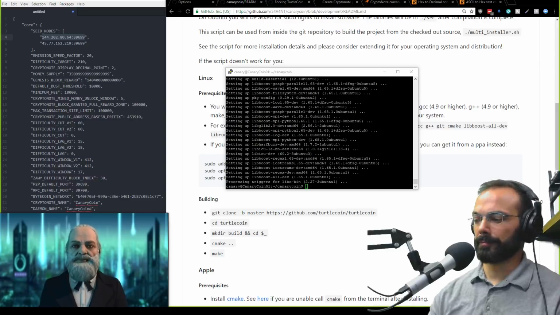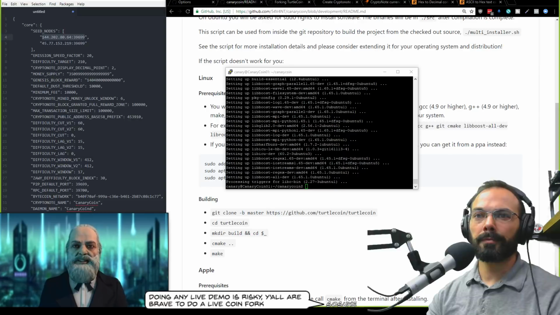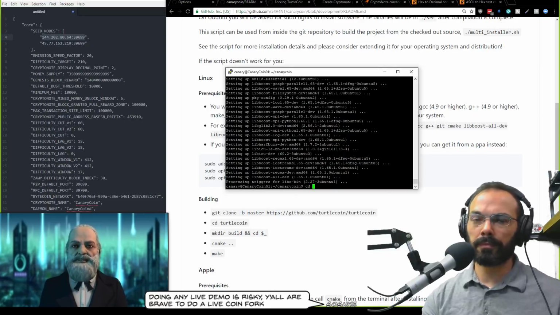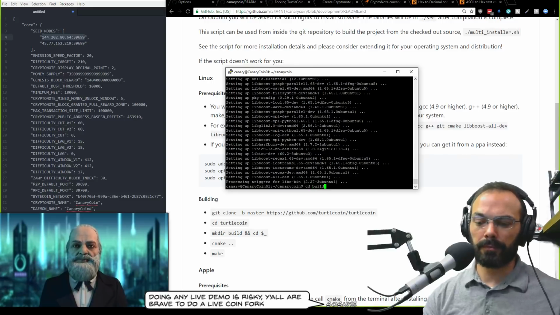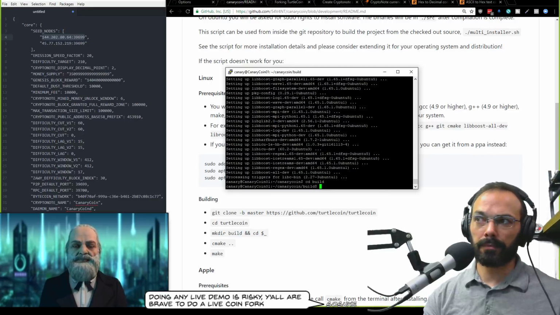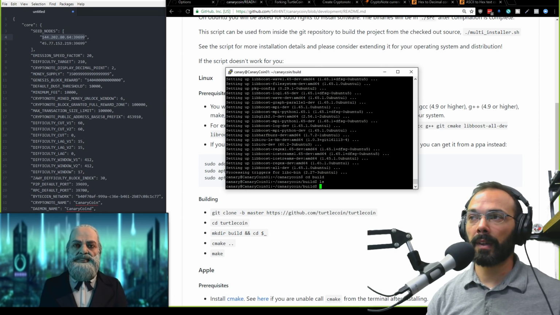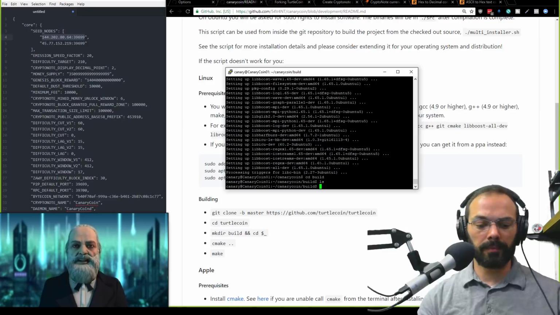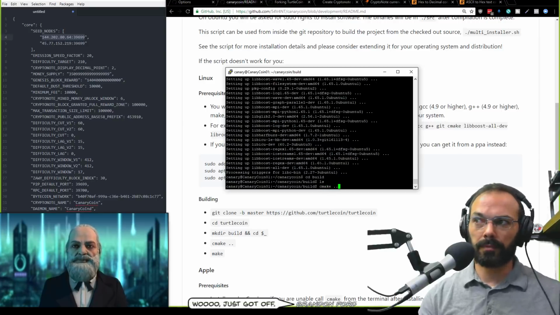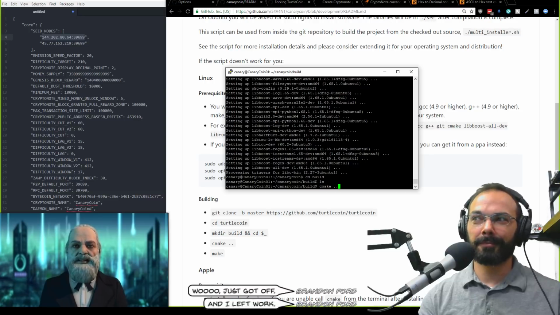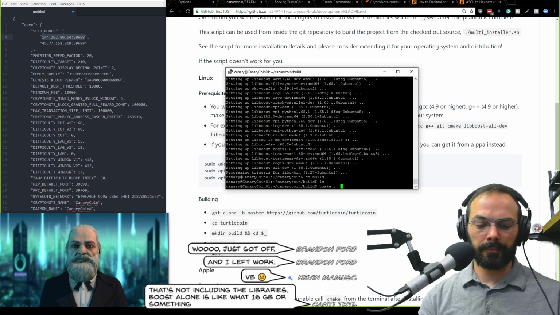So the next thing we're going to do is go back to your PuTTY terminal. We're going to do cd, which means change directory, build. Okay, so build is an empty directory. Let's type ls just to be sure. What we're going to do here is type in cmake space period. This is going to create basically a prep file for the compile. We also want to execute the make command after this. So just do space, ampersand, ampersand,